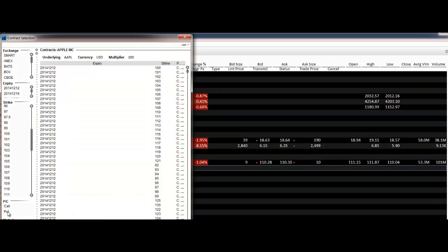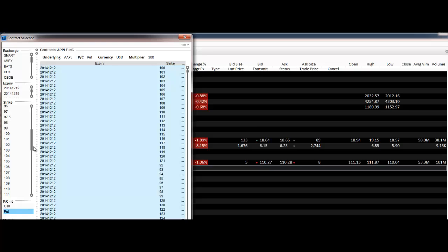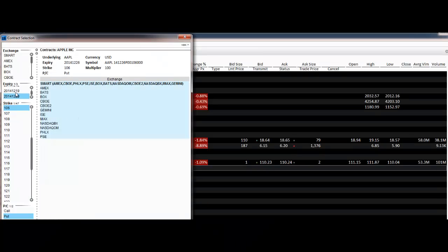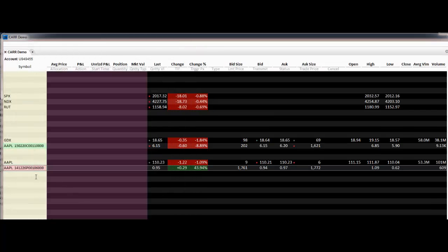and I'm going to be selling a put. It's trading at 110. I'm going to go lower than that. Let's say 106. And I need a strike price that's going to expire in 2 weeks, and that would be the 26th, the day after Christmas. And I'm going to use just the smart order routing. I click OK, and there is my strike, the 2014 December 26th put option at a strike price